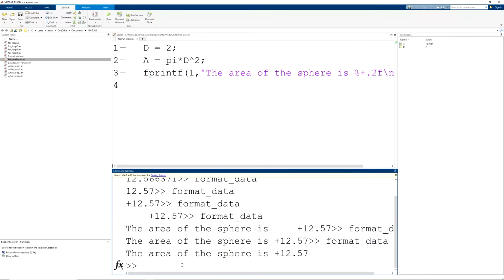The last thing we're going to take a look at is outputting the value of more than one variable. And to do that, we really need to do 2 separate things. One is to add another variable as an input in the function call, and the second is to add more formatting operators. So let's do that. So maybe we want to say that the area of the sphere with a diameter of 2 is XYZ. So let's do that. So the area of the sphere